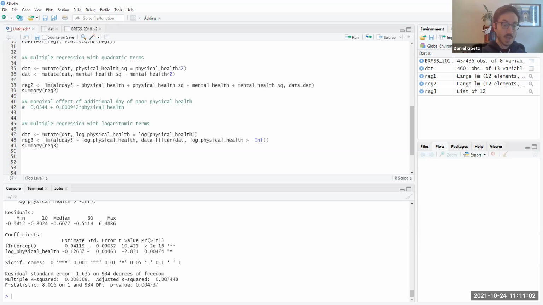Right? So a 1% increase in the number of days where you report poor physical health is going to lead to a negative 0.0012637 change in the number of days spent having an alcoholic beverage in the past week. So for log x, you're going to divide the coefficient by 100, if it's not a logged y. If it was a logged y, which we can do,